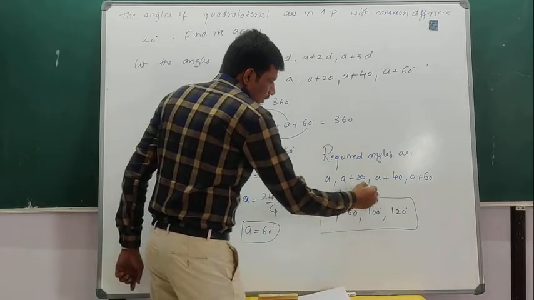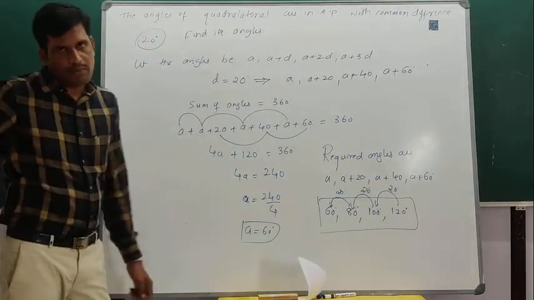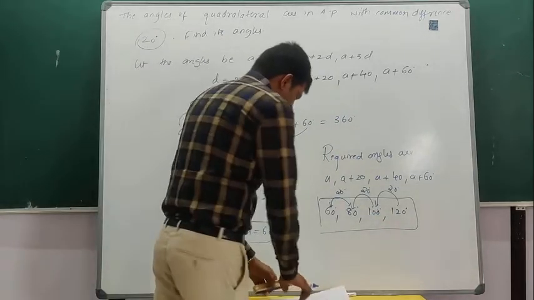100 minus 80, 20 degrees. 120 minus 100 is 20 degrees. So that is what is given in the problem. Right? Next